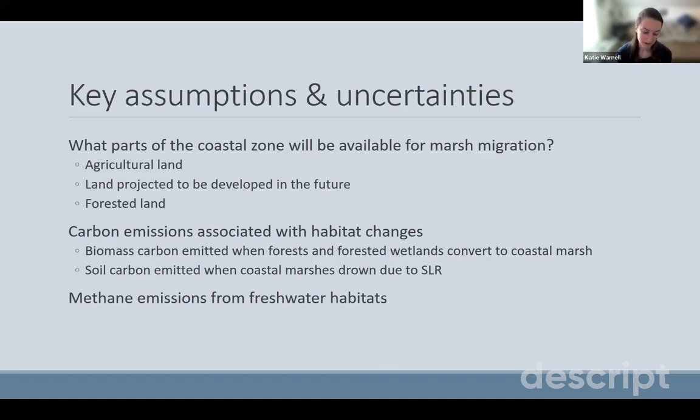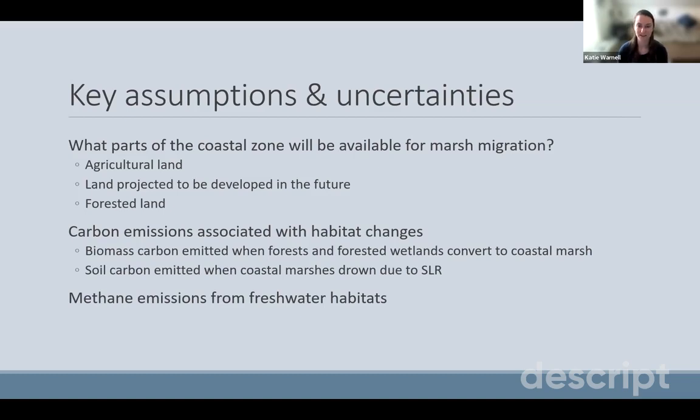So we reran the model multiple times to identify which of the assumptions that we are making, which of the uncertainties in our input data, are having the largest effect on the results. One of the main outputs from this research is identifying these key targets for future research to improve these estimates. So one set of assumptions that made a big difference was about what parts of the coastal zone will be available for marsh migration. We have one model that excludes agricultural land and land that's projected to be developed from